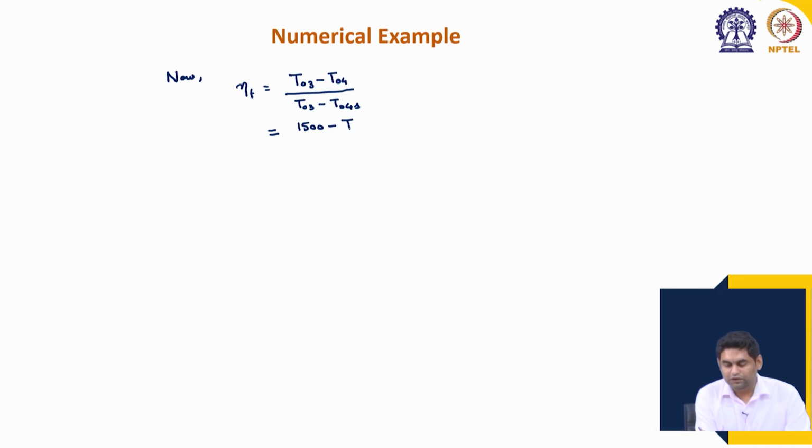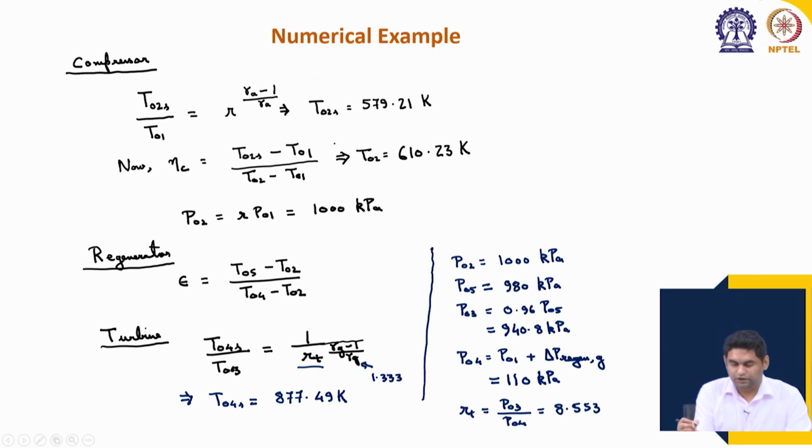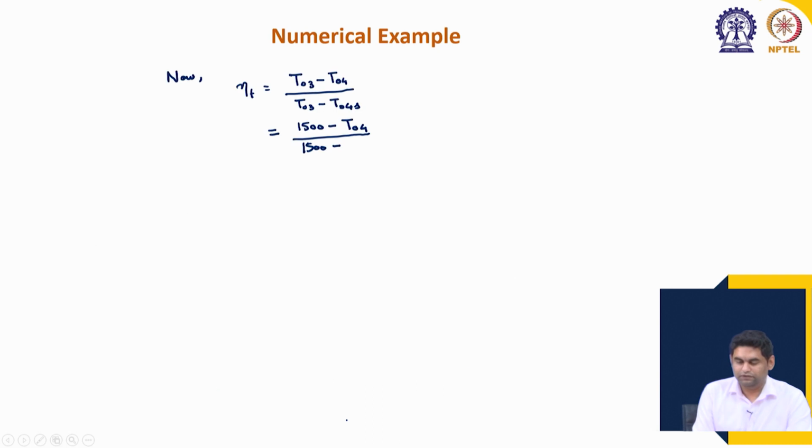We are trying to find T04, T03 again is 1500 and T04S we have already found to be 877.49. Everything is in Kelvin, better to do all calculations in Kelvin. So, this is equal to 0.9, which is the given isentropic efficiency, which gives us a value of T04